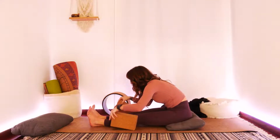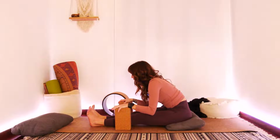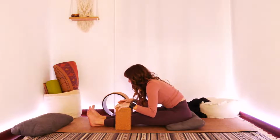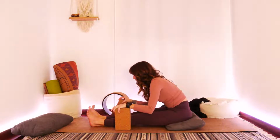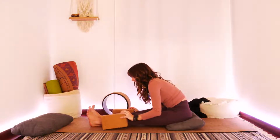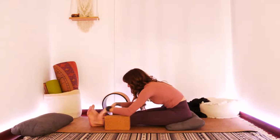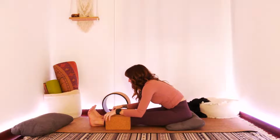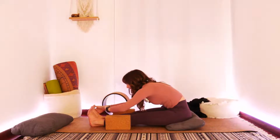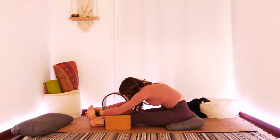Also, if you have these blocks here and you need to take your time, you can change the height of these. Just find where is best for you today in your practice. And once you feel comfortable, once you feel like, okay, this is good, I'm good here, just go ahead and allow gravity to take you. Just really allow your body to release,